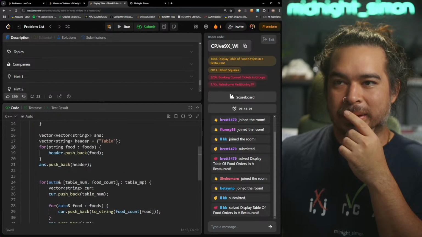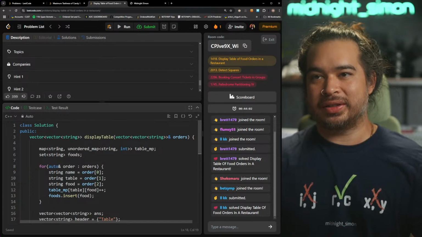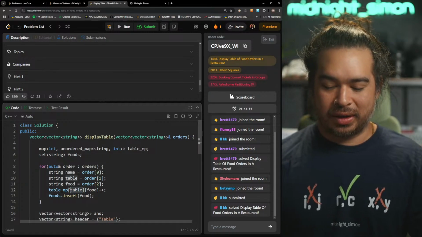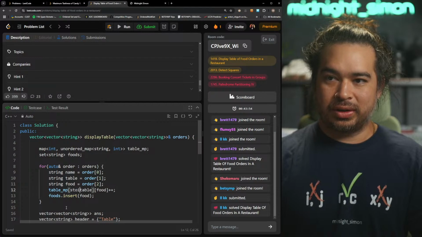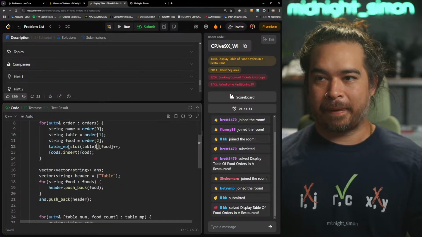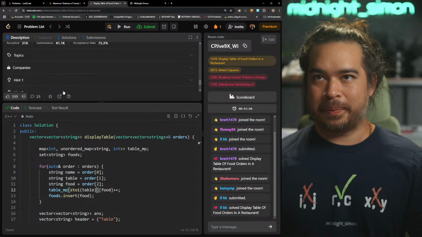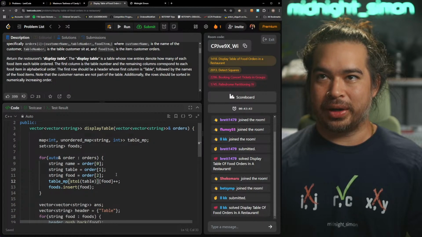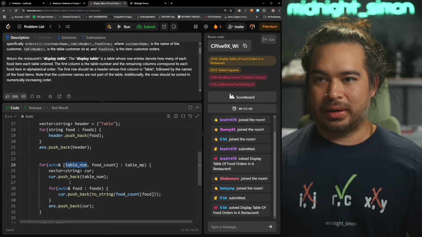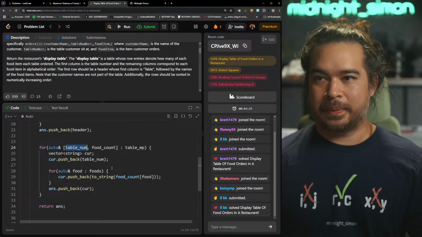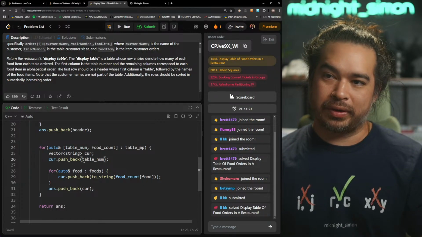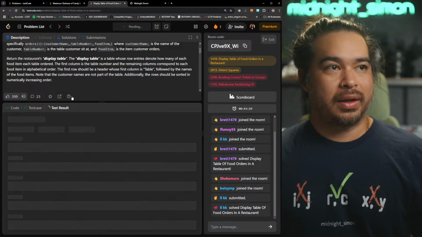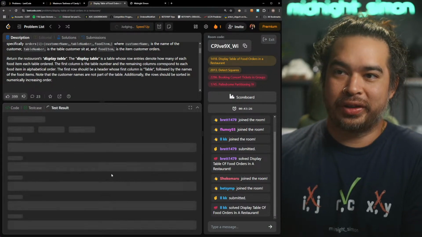Alright, I see what we have to do. I'm gonna change that to an int. I'm gonna put this as a string to integer on the table number, so that way it sorts by not lexicographical, but the numerical value, right? Then here, I guess we have to push toString, the table number. Anyways, man, hopefully this is right.